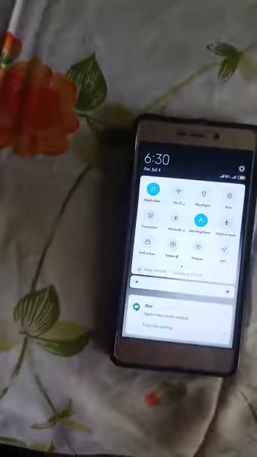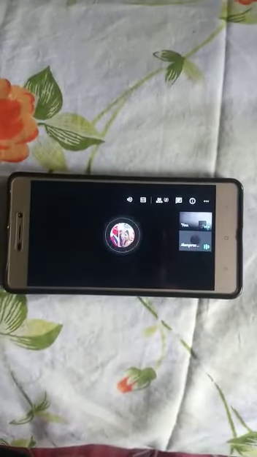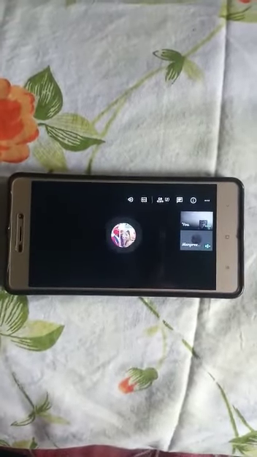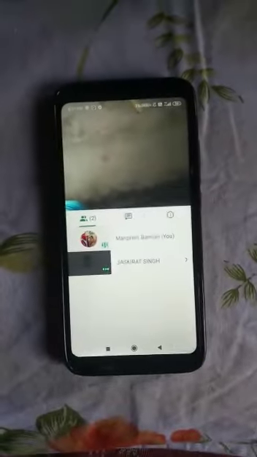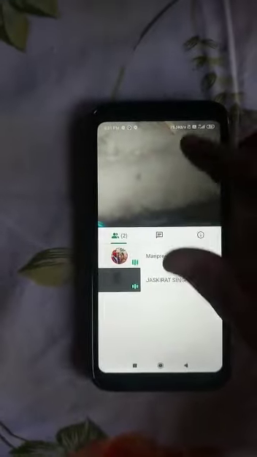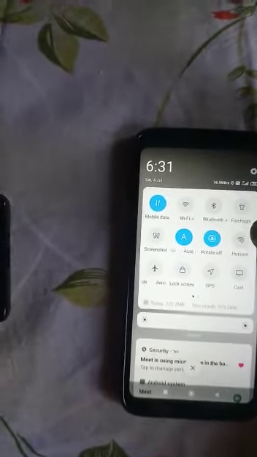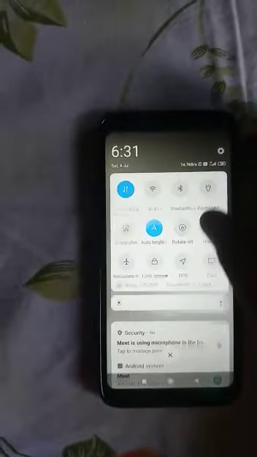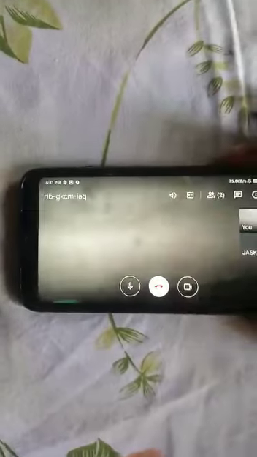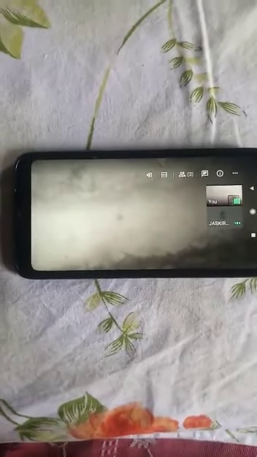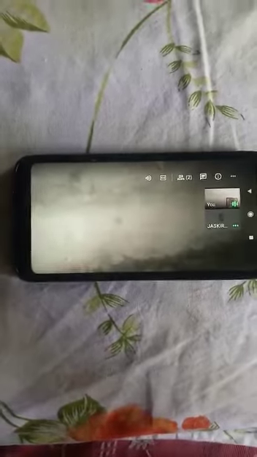So what I have to do, I have to change rotate off option and then rotate my phone in this way, so that my complete video is visible on my phone, and then the student who is using the phone, he has also to select rotate off option, this option, and then he or she has to rotate his phone like this one. So on both the phones, then the complete screen will be visible.